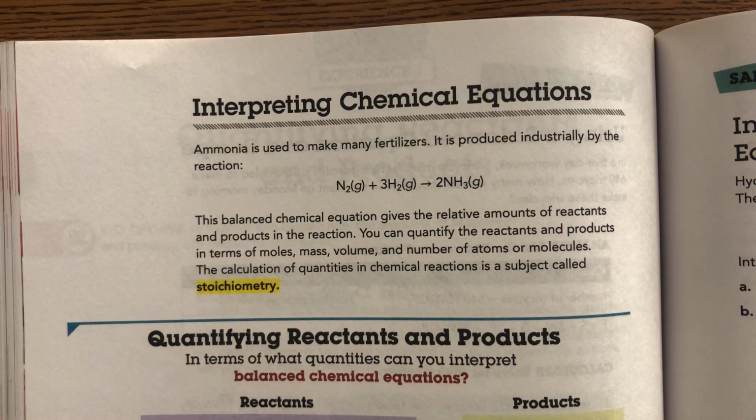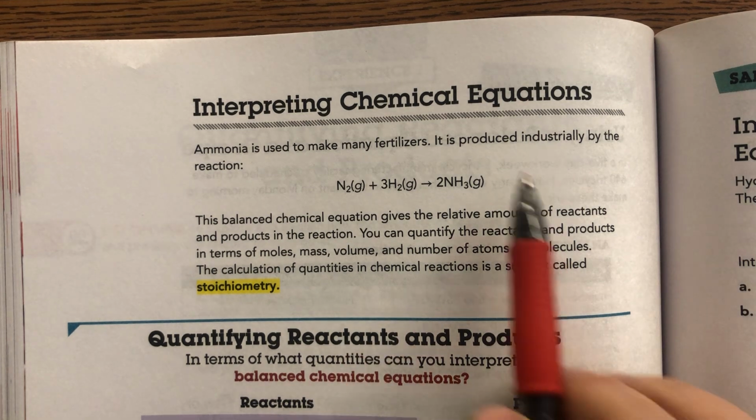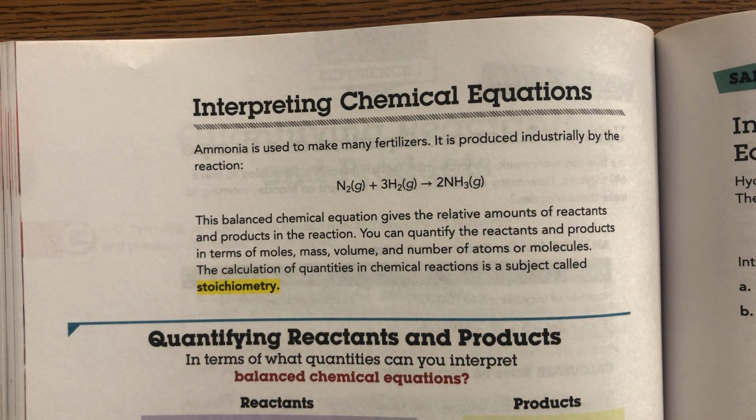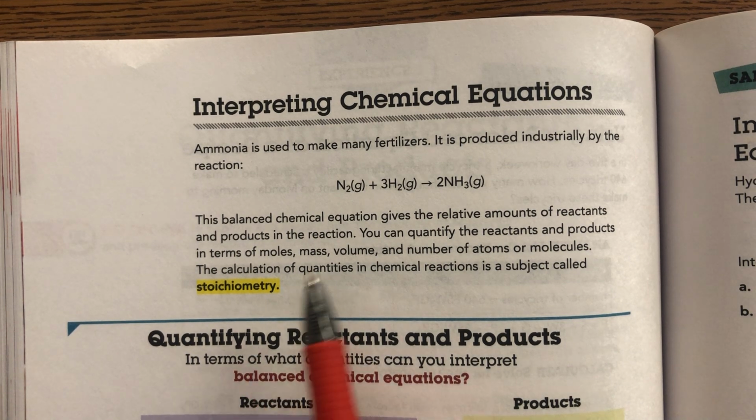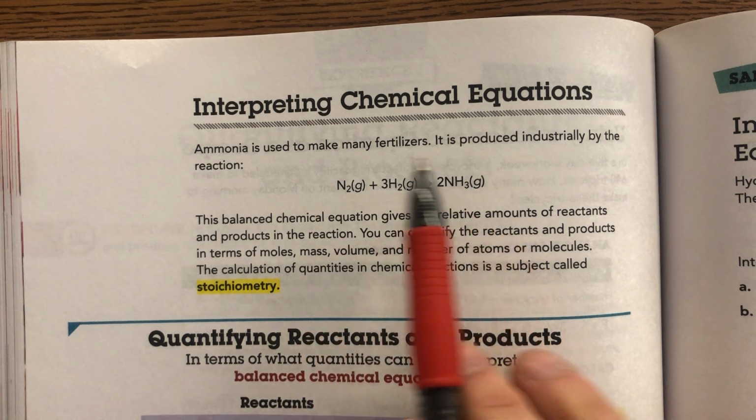Hello students and welcome to another video. Today we're going to be interpreting chemical equations. Right? And the equation that we're going to be looking at and examining in depth today is nitrogen and hydrogen combining to form ammonia. Okay, and we're going to go through and break it down further and help us understand,